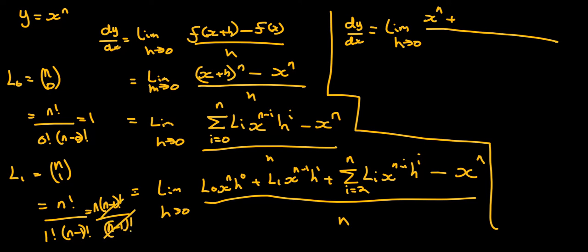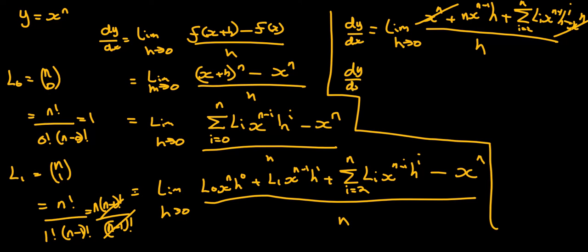They cancel, so we get n x to the n minus 1 h plus the limit, i is equal to 2 to n, n choose i, x to the n minus i, h to the i, minus x to the n, all over h. Well, I hope you can see they cancel. So the next line, we get dy by dx, limit h to 0. This time I'm going to factorize out